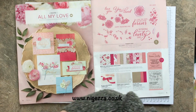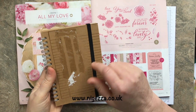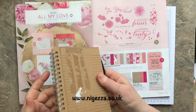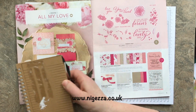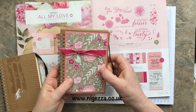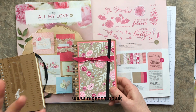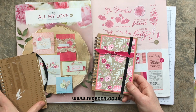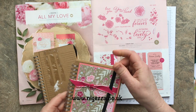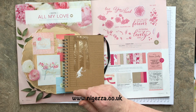And I have some notebooks. I had covered them before I got really good at what I was doing, and it was a bit rubbish. I've peeled it off to redo it. So I've done one already that I've peeled off using this suite, and I was in the midst of designing another one when the card sketch came out. I was cutting things out a little bit like some of the bits in the card sketch, and I thought, well, I'll just follow the card sketch